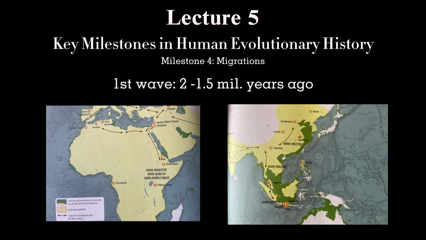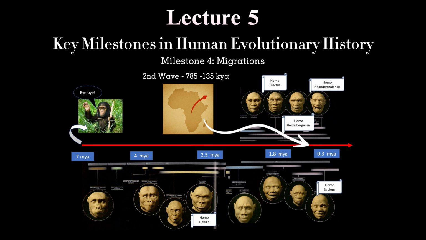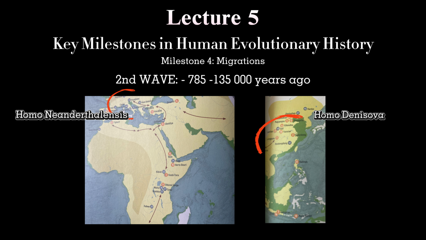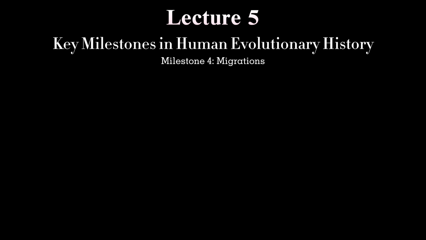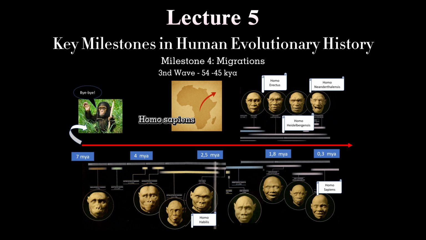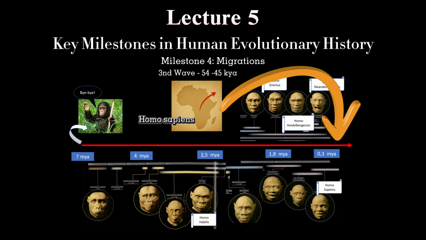million years ago. A second wave happened between 780,000 and 135,000 years ago. It is associated with Homo antecessor, a presumed ancestor of Homo sapiens. This lineage also led to Neanderthals in Europe and Denisovans in Asia. Despite possessing fire, social organization, and hunting skills, these groups did not survive. Only the third wave of migration, by Homo sapiens around 54,000 to 45,000 years ago, resulted in a dominant global